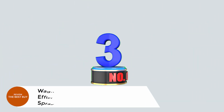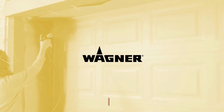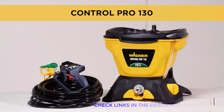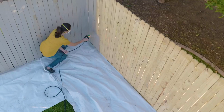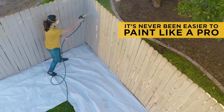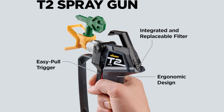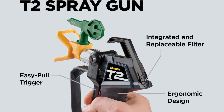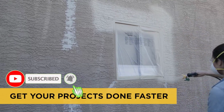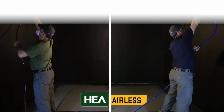Number 3. Wagner Spraytech High-Efficiency Airless Paint Sprayer. Upgrade your painting game with the Wagner Spraytech Control Pro 130 Power Tank. This high-efficiency airless paint sprayer delivers professional results 3x faster than traditional rollers, making it ideal for home exteriors, decks, and large DIY projects. Designed for versatility, it handles a wide range of unthinned paints and stains, perfect for both